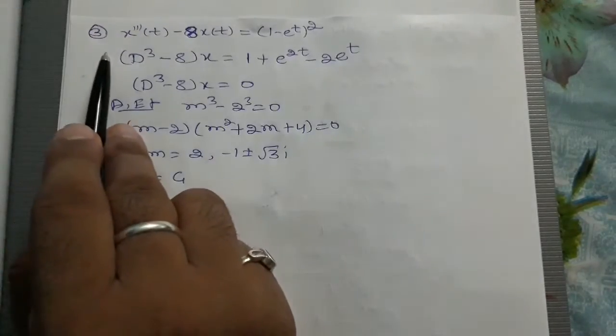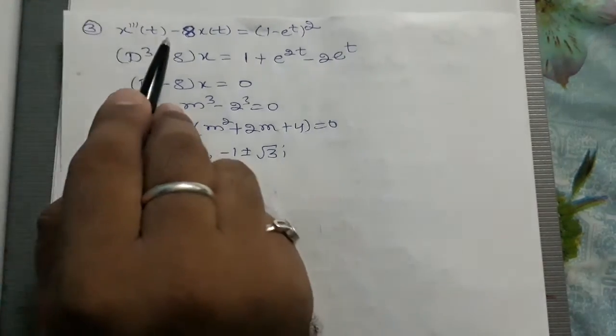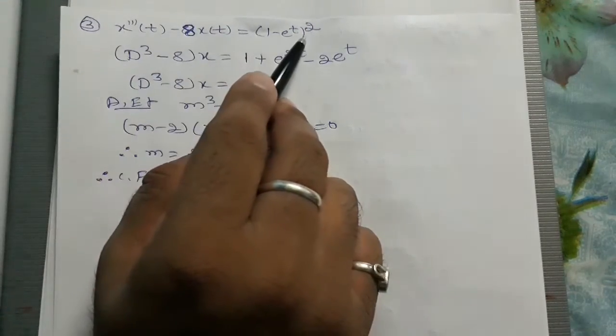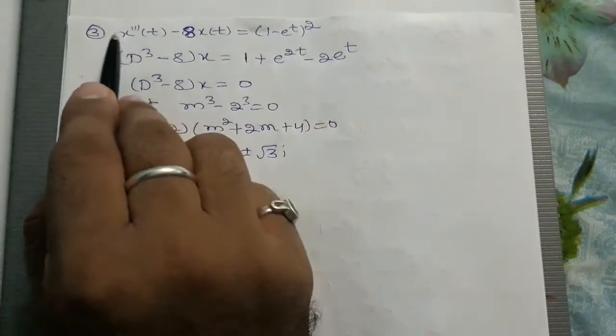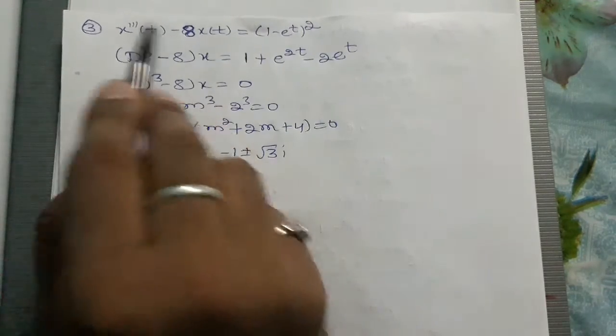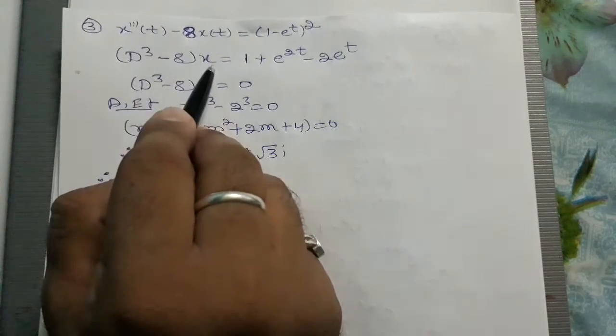Similarly, we're going to solve the third problem. I already solved this one for the time being. x triple dash of t minus 8x of t equal to (1 minus e to the power of t) the whole square. You remember, x is the dependent variable, like y, that one I have taken outside. So triple dash is there, that's why I'm taking D cube minus 8, and x is outside, and t